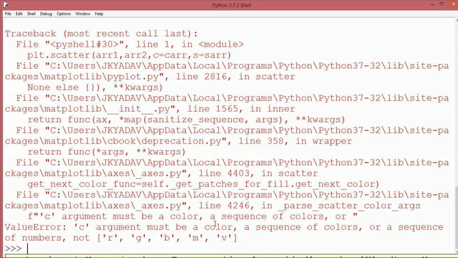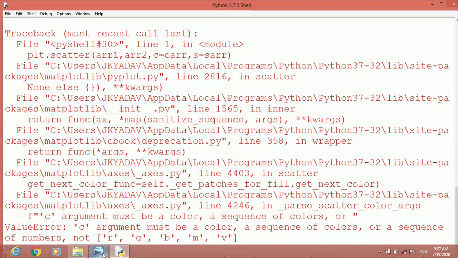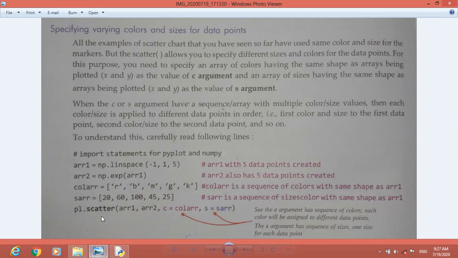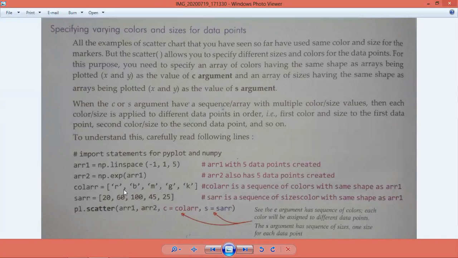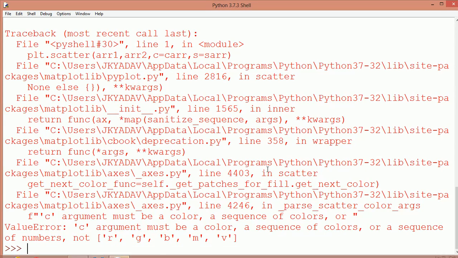Value error: C argument must be a color, a sequence of colors or a sequence of numbers, not RGBMV. Okay, what is the problem? Let me see. I hope it is okay, it is correct. Size is also correct. Okay, let me rectify and then I tell what is the problem.